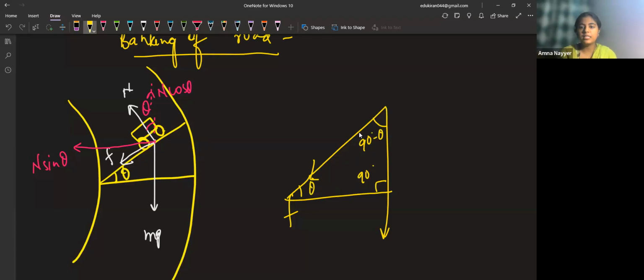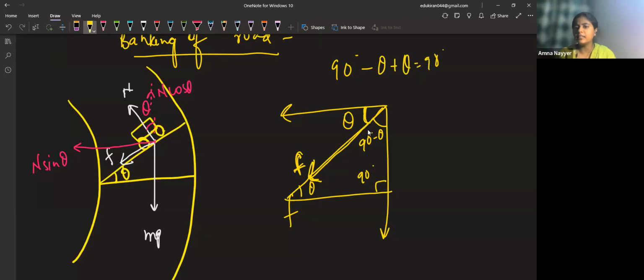Now frictional force is acting here. I have to resolve frictional force. This is the frictional force which is acting, right? If this is theta, this again is 90. So this becomes theta. Why am I taking this? See, you have 90 degrees minus theta, then again you have this plus theta equal to 90 degrees. Total is 90. You have taken 90 minus theta, how much is left? Theta is left. So this angle, this is n sine theta, right? This is n sine theta. So this angle is also theta.